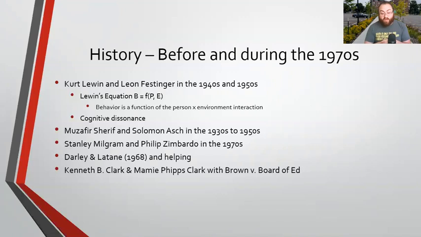So the ideas in your brain, that's where cognitive comes in, and the fact that they're competing against each other causes dissonance, or distress. For example, I think I'm a good person, but I mess up every once in a while and I hurt somebody's feelings. I have two competing ideas in my head. One is I'm a good person. Two is I hurt someone. So cognitive dissonance is created because I don't like thinking those two things at the same time. How can I be a good person if I also hurt someone?